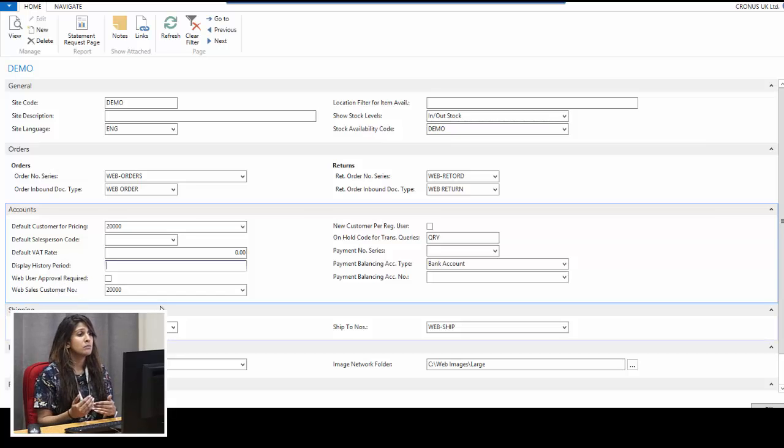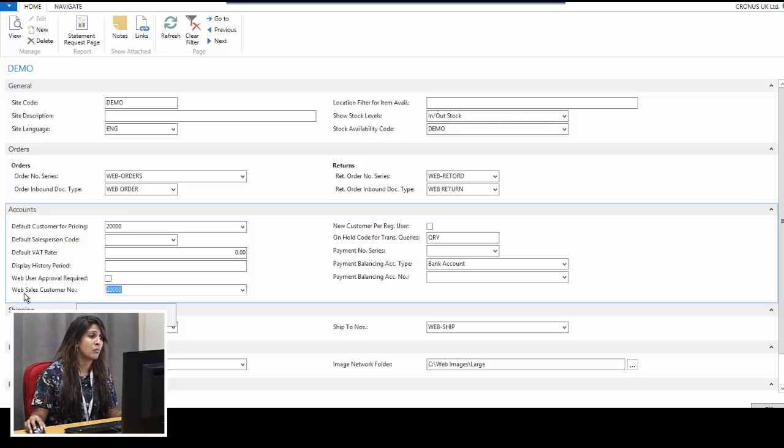Okay, when it comes to accepting a new registration of a customer to your website, you can either create them as a new NAV customer or you can create them as a contact against one web account. So you may not want several NAV accounts per customer. You may want one web account, several contacts based on who is being logged in or registered. This is set up within here. So you have your web sales customer number, and then you would untick the new customer per registration user,